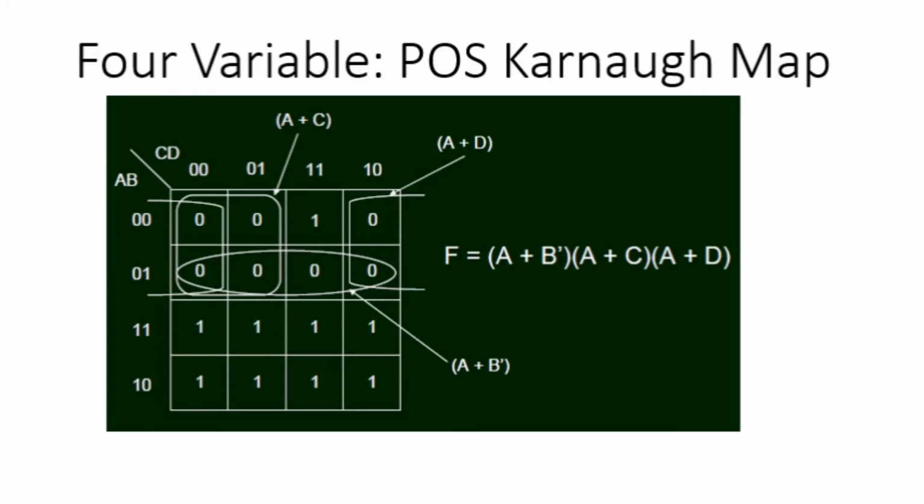So now coming to the 4 variable POS K-map. In the earlier one we had made entries for the ones and grouped the ones. I can also do this for POS, where I group the zeros. The grouping rules and patterns are exactly the same, but the way of writing the answer will be slightly different. Wherever I had a bar, I will have a non-bar term, and wherever I had a non-bar term, I will have a bar term. Similarly, wherever I placed a plus, I will place a dot, and wherever I placed a dot, I will place a plus.